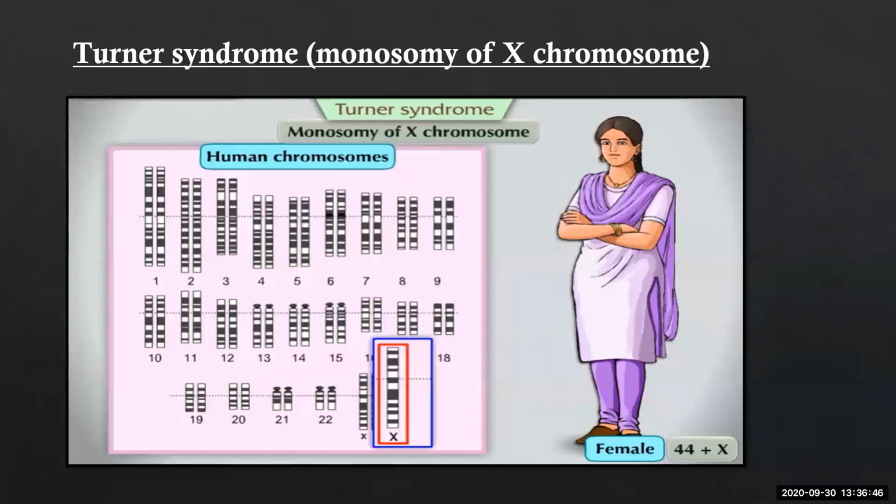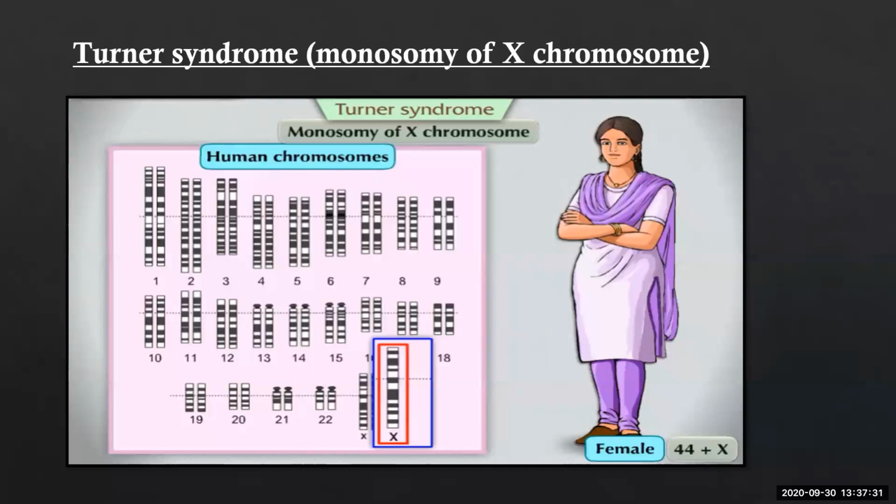So the one chromosome is not active, and instead of the normal 44 plus XX condition, woman suffering from Turner syndrome shows a 44 plus X chromosome, that is 44 autosomal and one sex chromosome, that is X chromosome only. Such women are sterile, that is unable to have children due to improper growth of the reproductive organs. So the female suffering from Turner syndrome cannot give birth to the child as she is sterile. So not able to give birth to the child as the reproductive organ is not very well developed. So what is Turner syndrome?